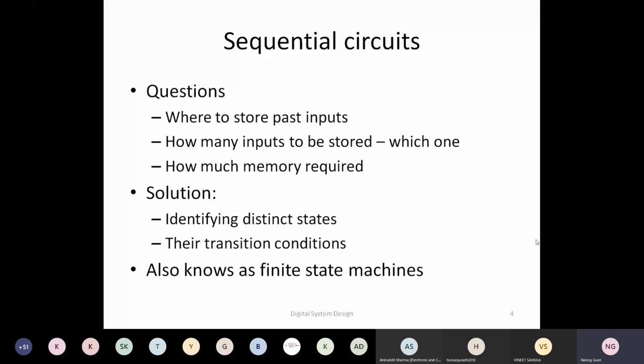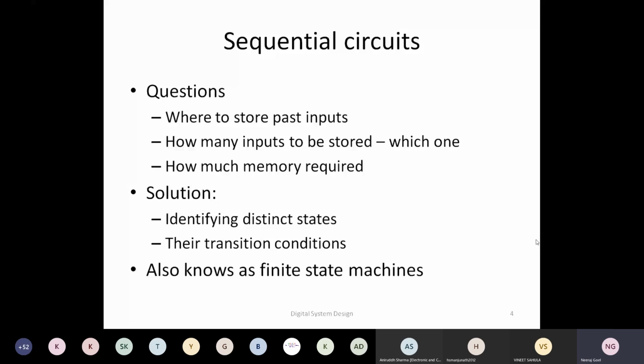Okay, so let's say they're infinite memory systems. In infinite memory systems, we are trying to identify in which state a particular input will be. If we are able to identify those distinct states, then based on the input, we can say how one state would be transitioning to a second state or the other state. If we can understand these transitions and identify those states, then we are done. Then these will become finite states.